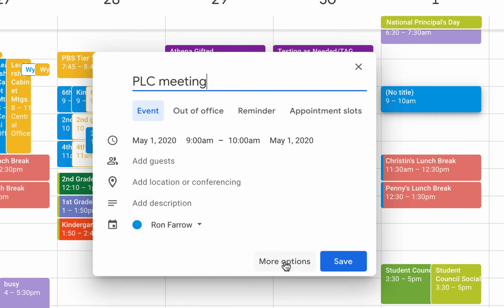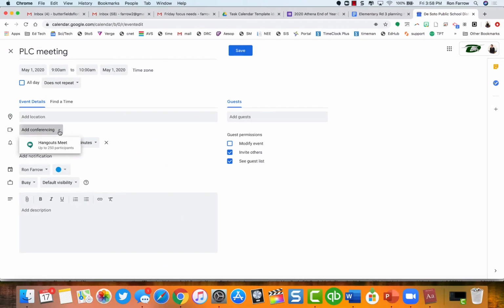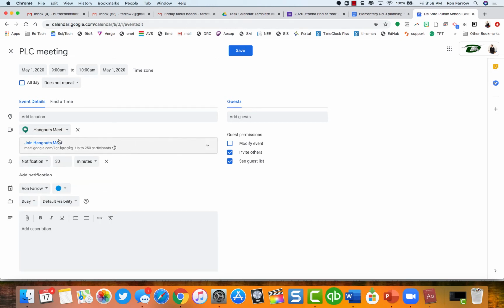And then I can click under Options. Here there's an Add Conferencing option, and I can choose Hangout Meet. Now it's set up with a Google Hangout link for everybody to use. Now I can simply create this and share this link out in an email or a separate text message, but